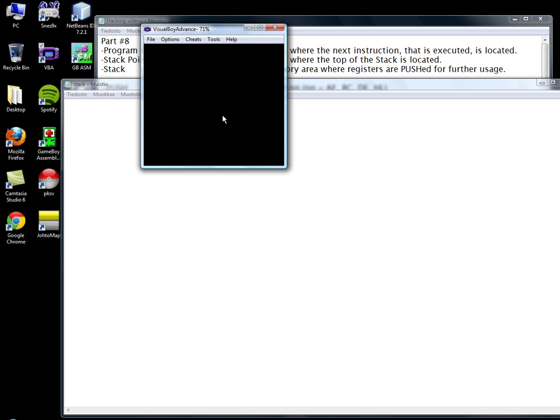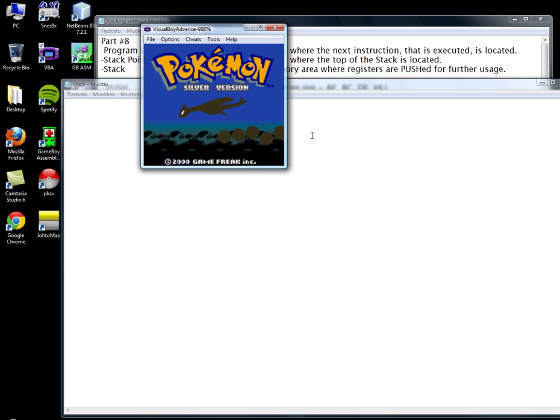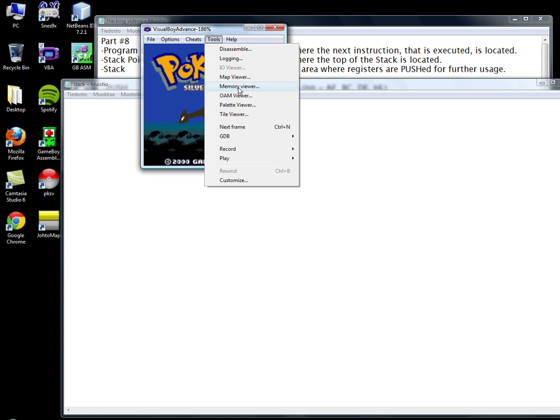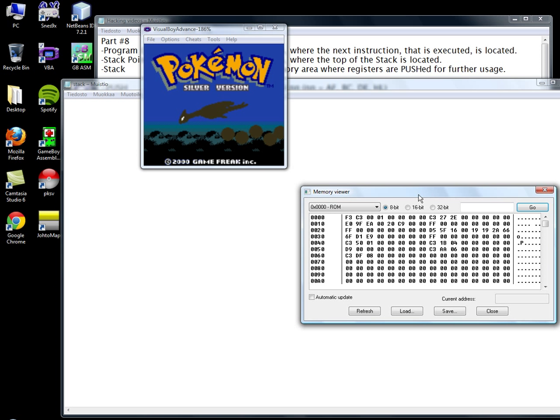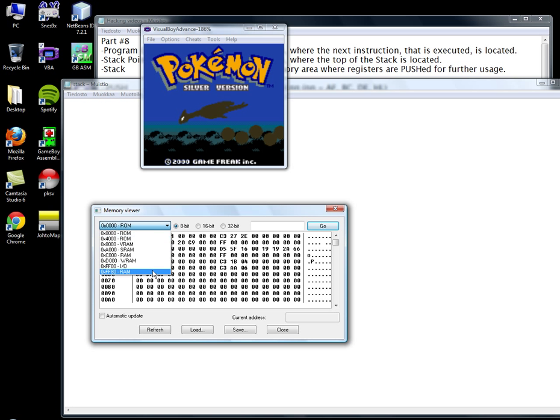Before, when I introduced the specifics of the different parts of RAM and ROM you can access with memory viewer, I told that the work RAM area is between C000 and DEFF, and at E000 we've got the echo RAM that echoes the data of the work RAM between C000 and DEFF,